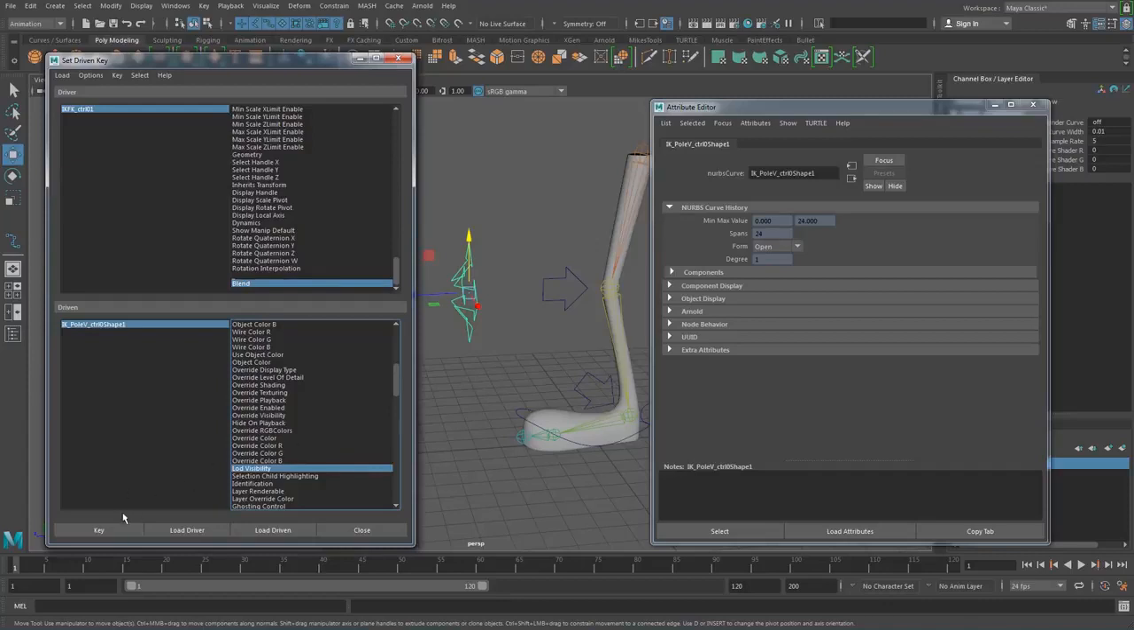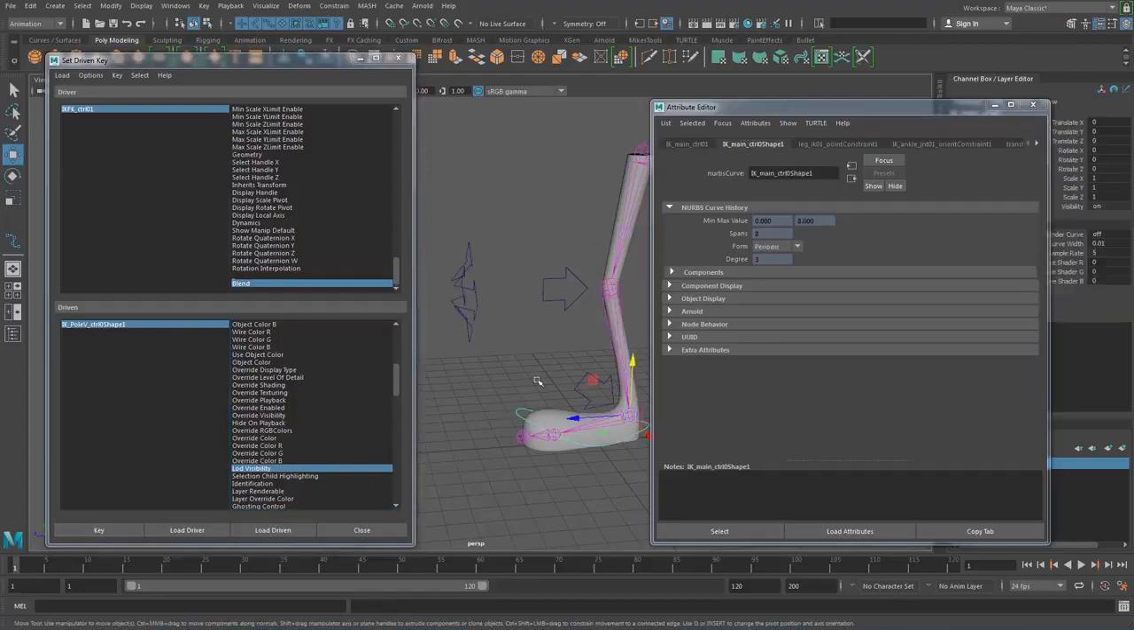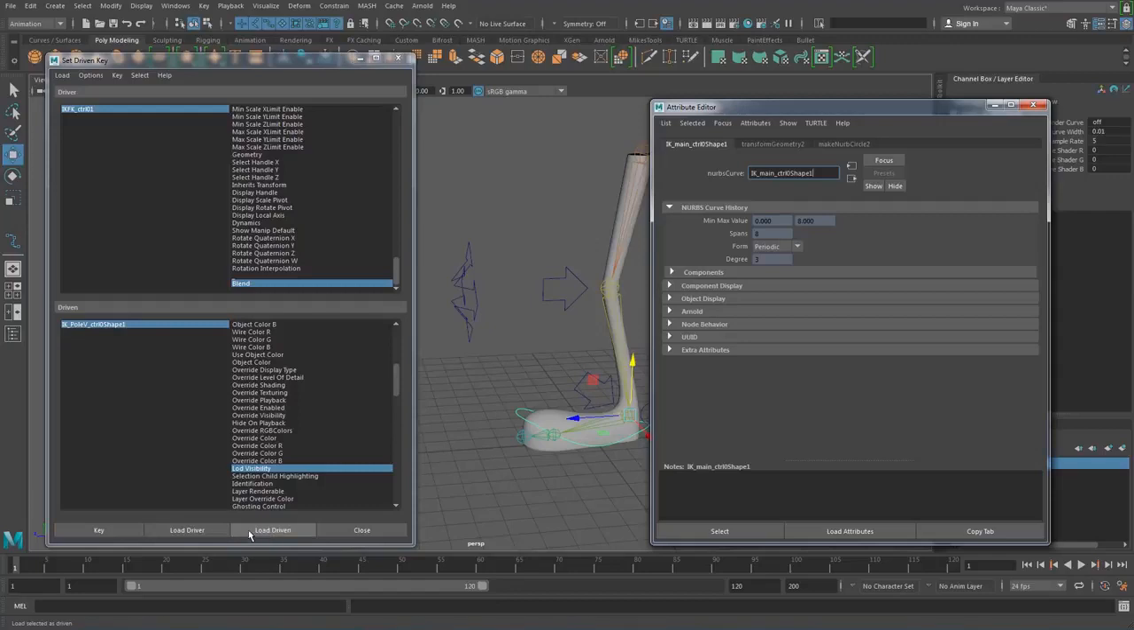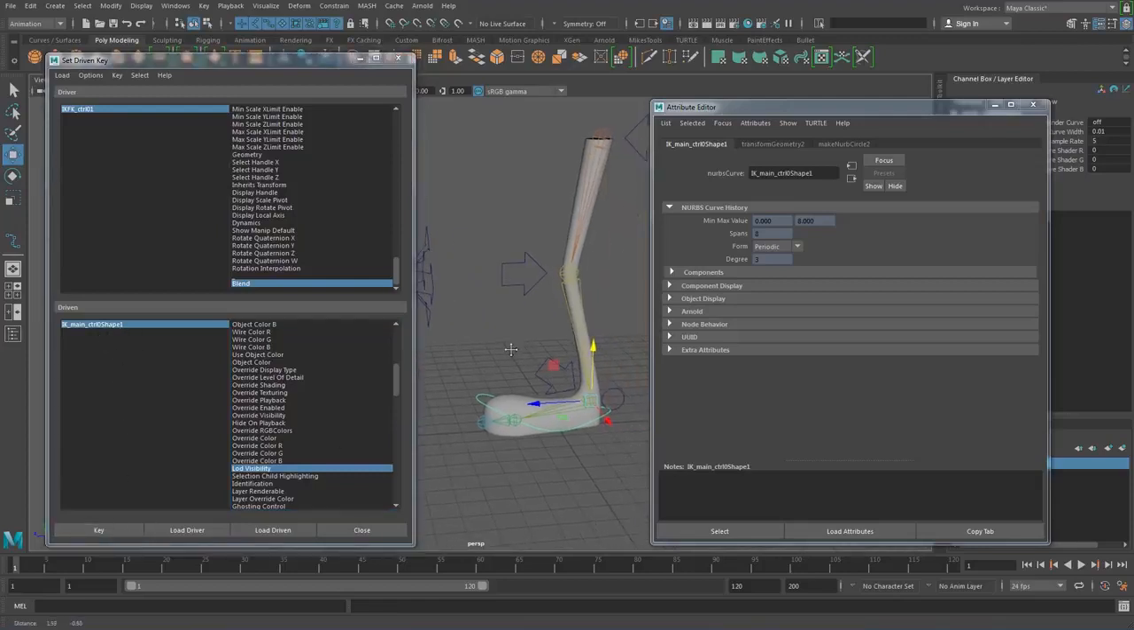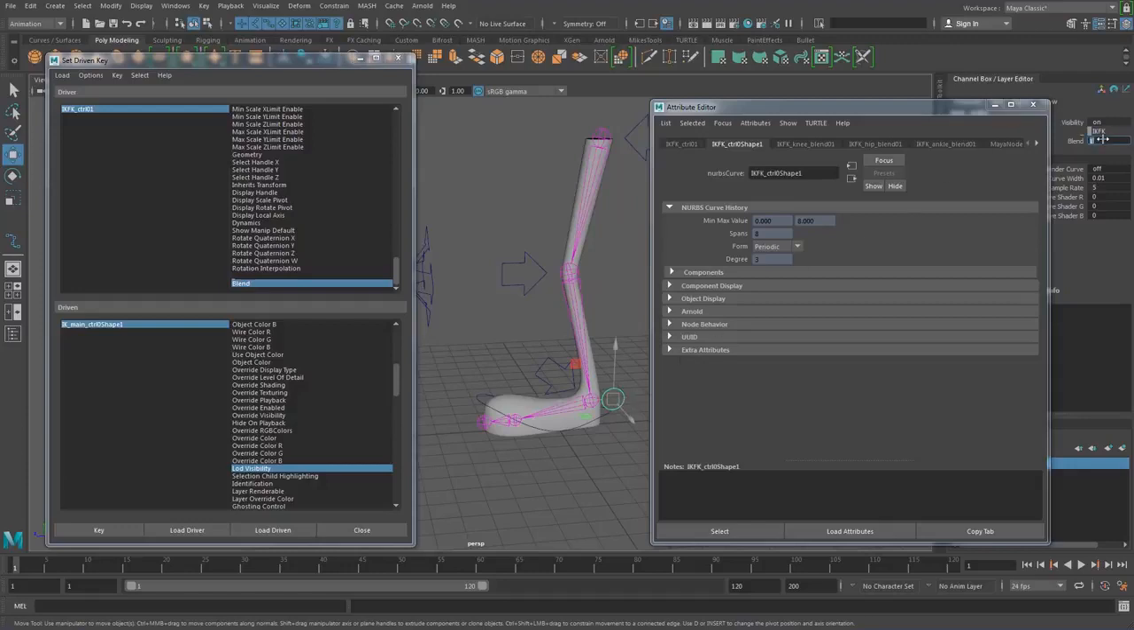So what I'm going to do is key this because it's correct. I'm also going to do this for my shape for the bottom part of the foot. Load driven, LOD visibility, again making sure that you've got the shape selected. So those are keyed. Now we're going to switch this to FK mode, so this being 0, and now we'll